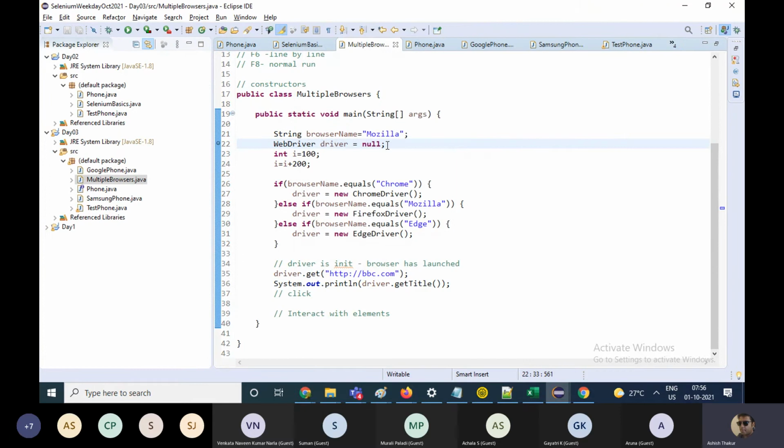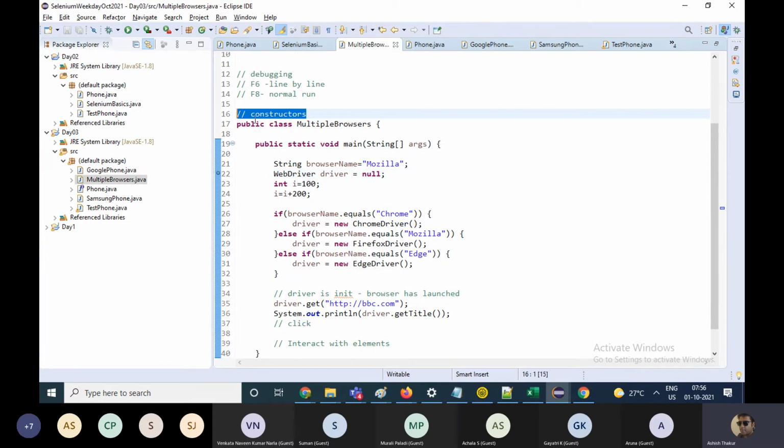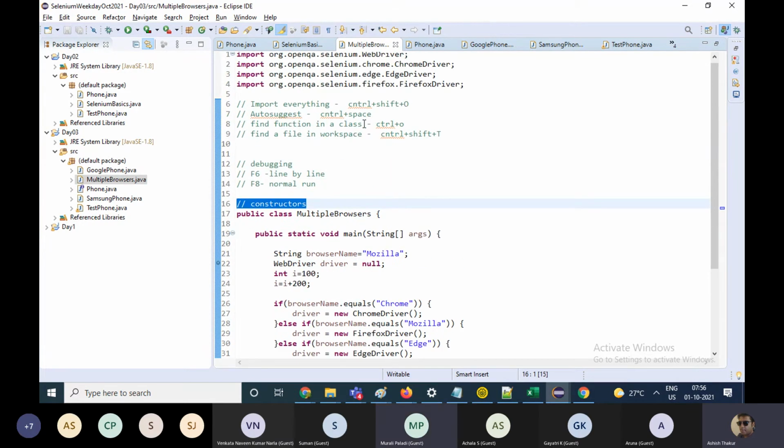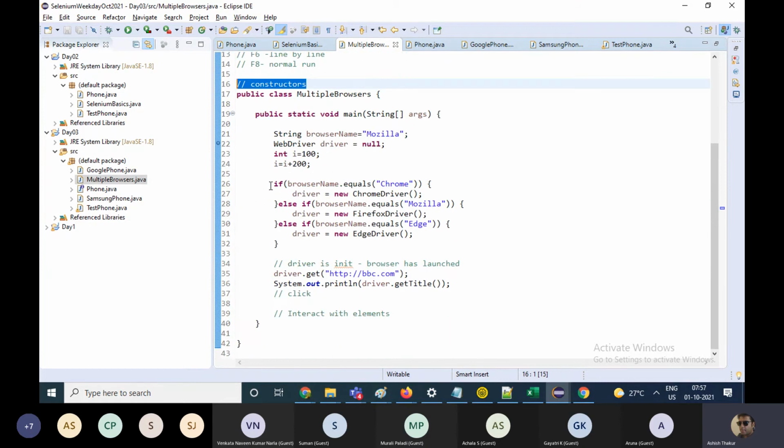Right. So anybody with any questions? Anything? Constructors I'll take up tomorrow. Okay. Yeah, Ashish, I know one of your videos I saw changing the values on the debug mode. Yes, you can do that. I'll tell you in coming classes. You can change the values in the debug. But generally we don't do it, but it is possible.